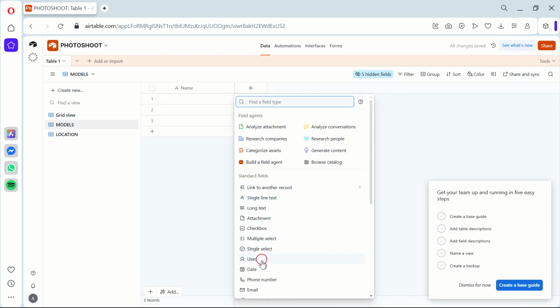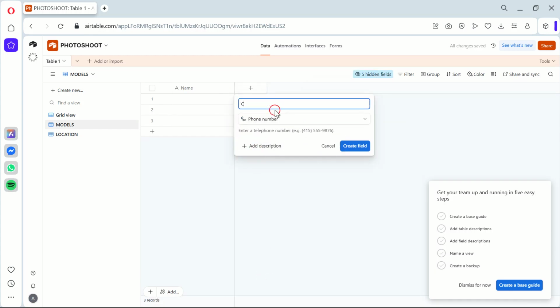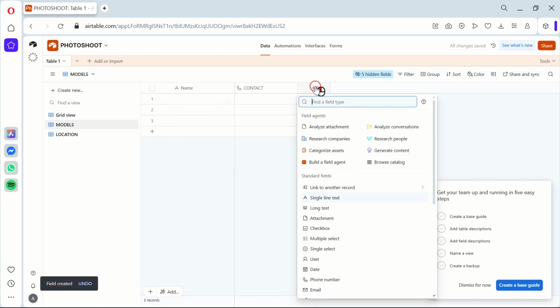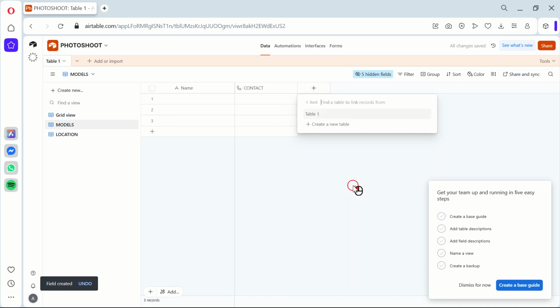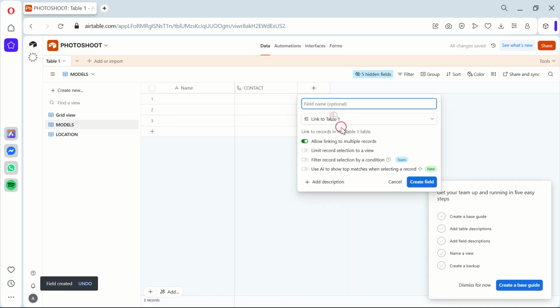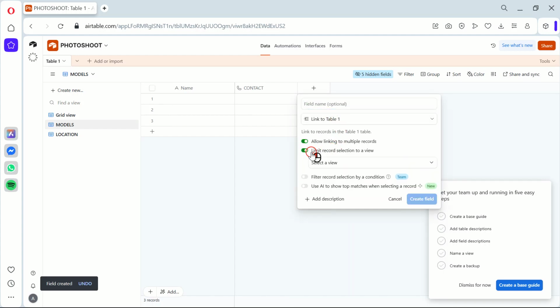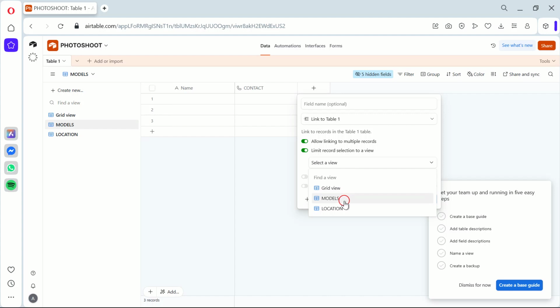The reason we do this is to make sure you have all the necessary information at your fingertips when you need it. Step 4 is linking your tables together. For example, you might link a specific model to a particular location and time slot in your schedule table. Let me explain why this matters. Linking data between tables ensures that all elements of your photo shoot are interconnected, helping you maintain a cohesive overview